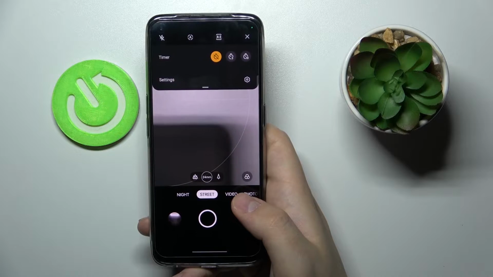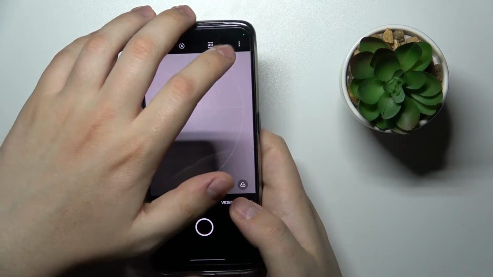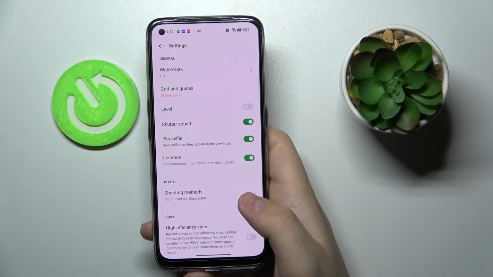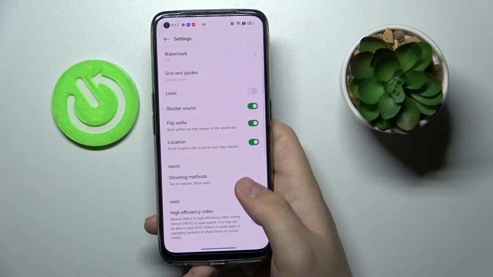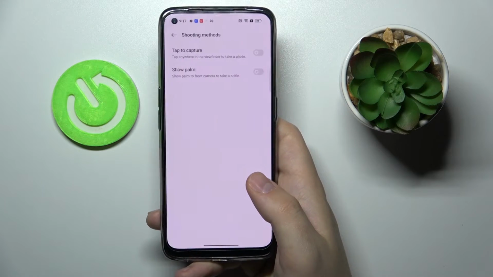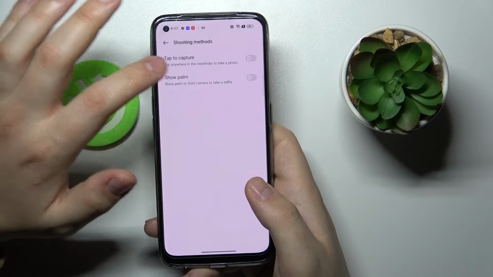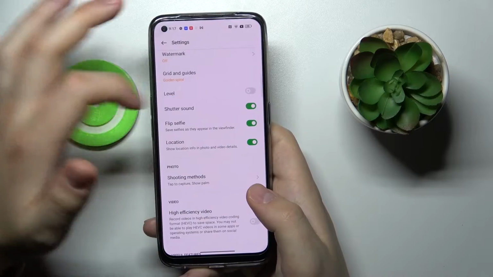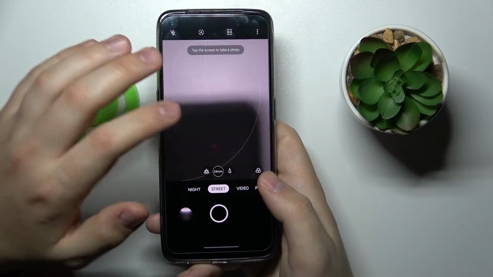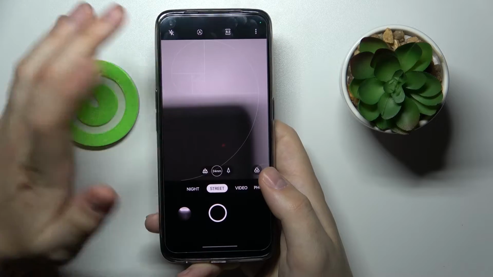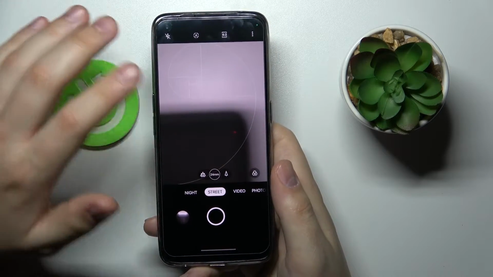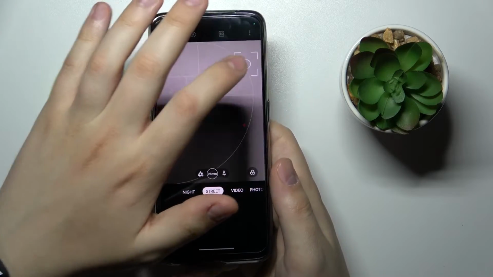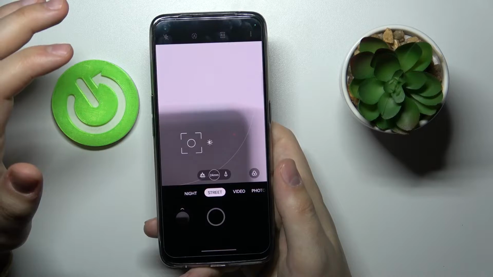Alrighty, so we are moving on to the next tip, which is the fact that you are able to enable or disable the two alternative shooting methods. So go to the settings of the camera, choose shooting methods, and here we have either the tap to capture method or show palm. I'll show them both. So let's activate those two shooting methods and start with the first one, which is tap to capture. All you gotta do once this mode is activated is tap anywhere on the viewfinder, and the photo should be taken. As you can see, it focuses and